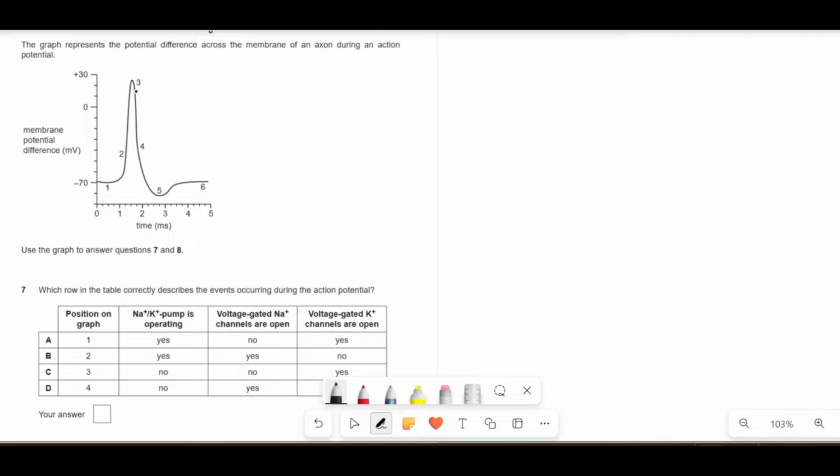So something else has to make it become more negative, meaning we have to lose positives out from inside the cell membrane. If we opened sodium ion channels again, it would just shoot up because sodium wants to move in. So it's got to be that the potassium ion channels open here, so K plus can leak out. So K plus moves out via diffusion, and then what happens? We overshoot here. If we're overshooting, it means we're losing too much K plus. The K plus channels here are too slow to close, so we overshoot,